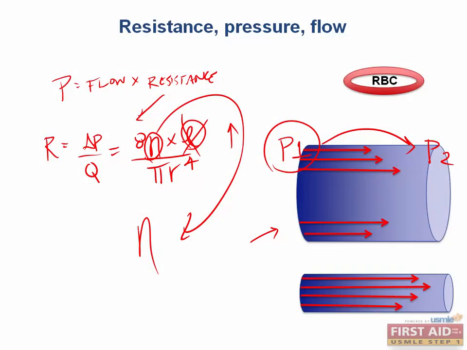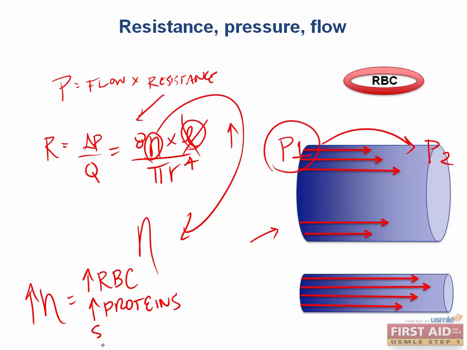So how can we increase viscosity if we are talking about blood? Well, if we increase the concentration of stuff that is normally found in the blood, we certainly can increase the interactions between each blood flow vector arrow. Some great examples of increased viscosity are what? What are things that are in blood? So increase in red blood cells, such as in polycythemia vera, increased numbers of proteins that are floating in the blood, such as in multiple myeloma, and an increase in the viscosity due to a very unique situation, which is